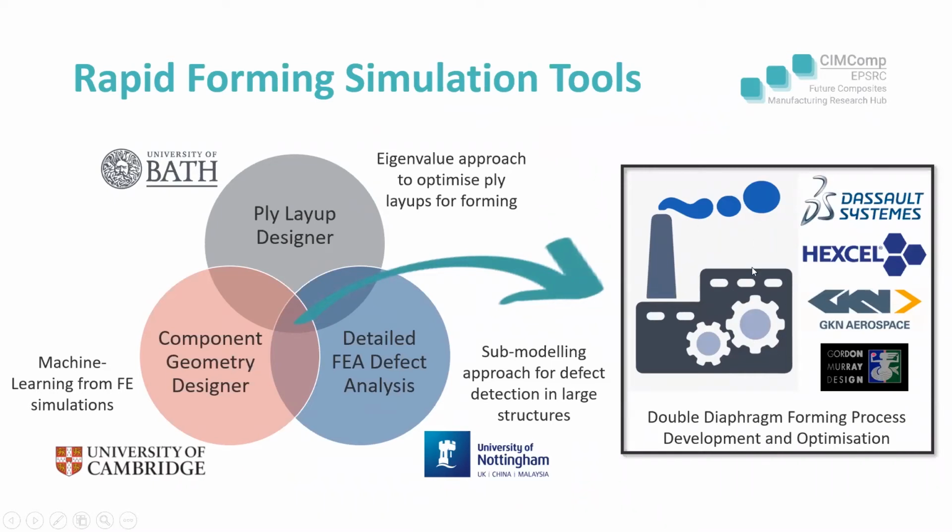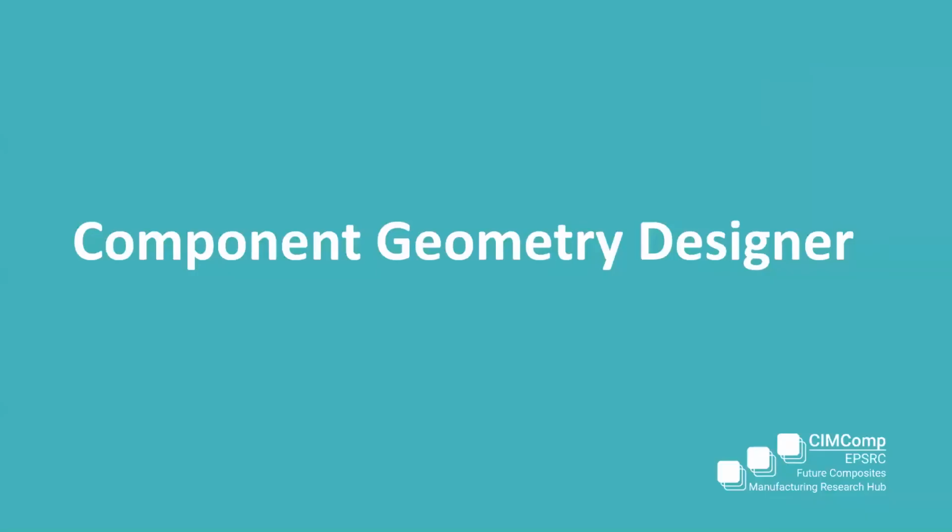And the aim is to provide a range of process developments to improve the robustness of the double diaphragm forming process, whilst looking at locally tailoring fibre architectures to achieve a step change in formability. So if we have a look at, first of all, the component geometry designer, this is the ongoing work